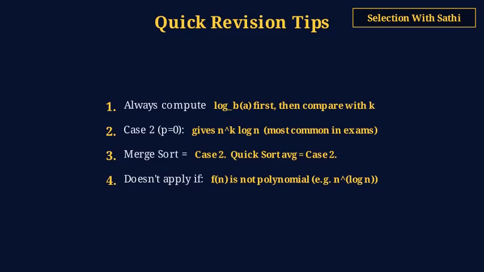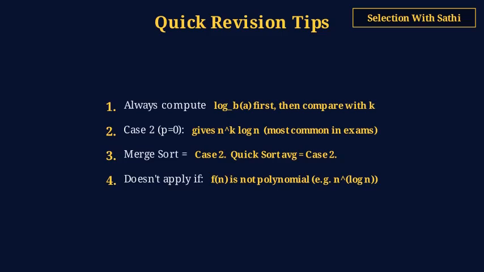Tip 3. The Master Theorem does not apply to recurrences like T of n equals T of n minus 1 plus n, that is subtract and conquer, not divide and conquer. For subtract and conquer, use substitution or the recursion tree method instead. Tip 4. Always check that a is at least 1 and b is strictly greater than 1 before applying the